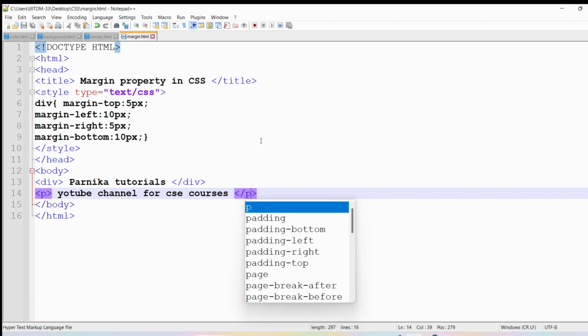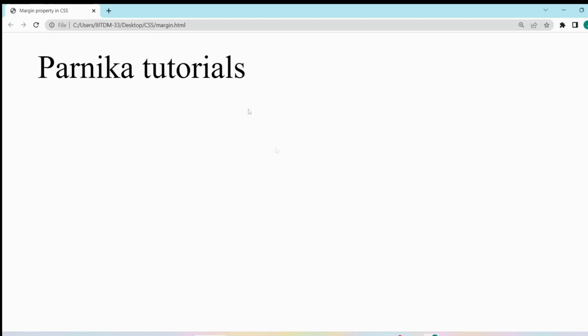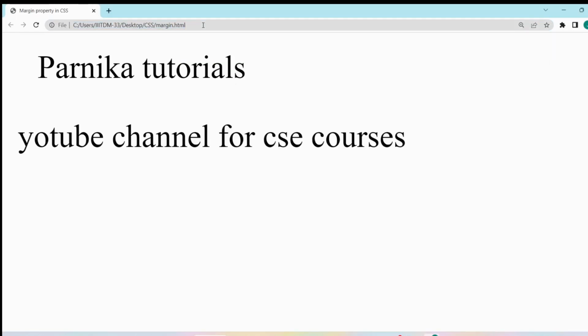And now let me save this program, go to the browser and let me refresh it. Now you can see we have a space in the top, left, right and also bottom. After Parnika tutorials you can see there is a space, then only YouTube channel for CSC courses content have been